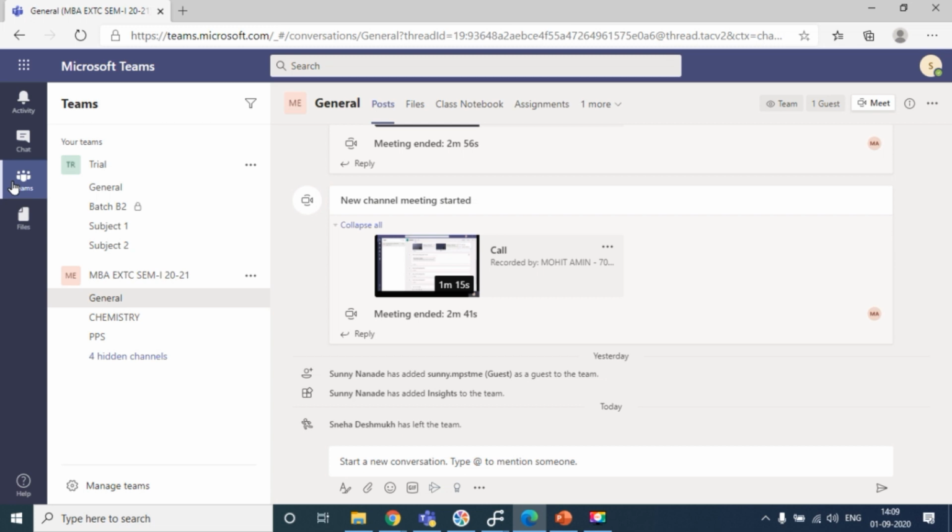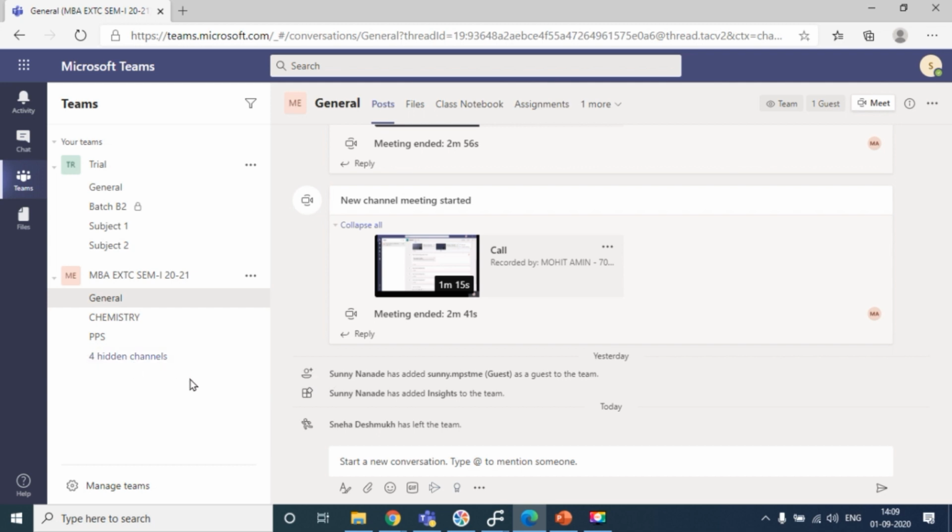In Teams you will get this MBA Tech EXTC, and in MBA Tech EXTC there will be some channels. I'll share this first. 6 channels should be visible to the teacher, but to the student, apart from general, those are not visible, but we can see that 4 are shown as hidden over here.